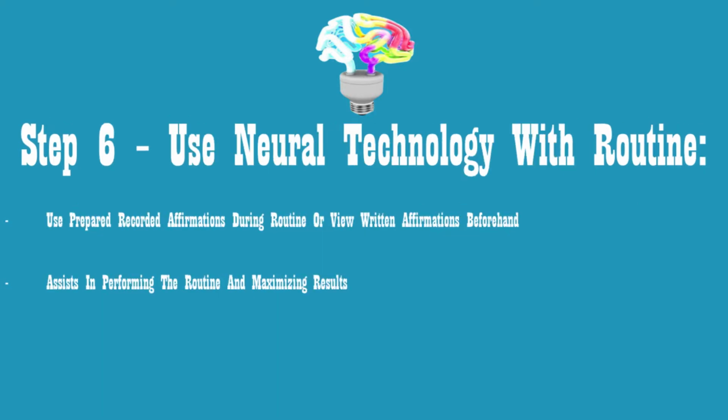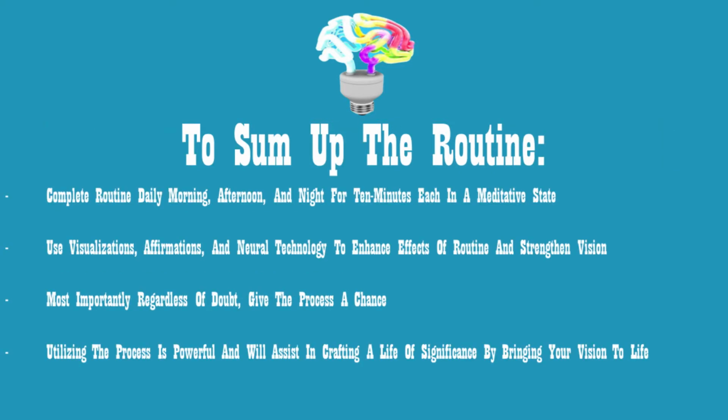And lastly, we reach step 6, which is to use neurotechnology as you're going through your routine. So this technology surrounds the things that you prepared for your routine, such as the written materials or the audio recorded affirmations. And the neurotechnology will really just assist in going through the process of performing the routine. So to put it all together, the routine should be done morning, afternoon, and night by getting into a meditative state and using visualizations and affirmations, as well as additional support through neural technology, such as listening to your own